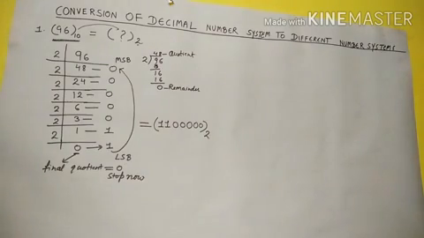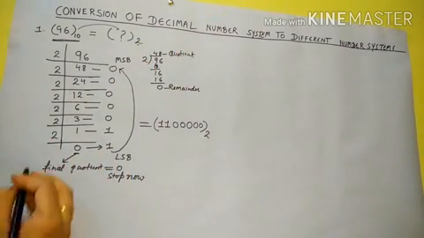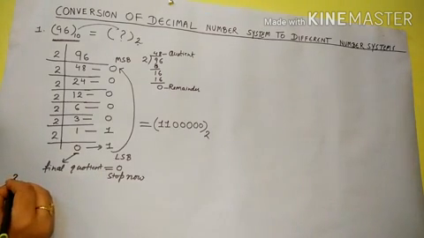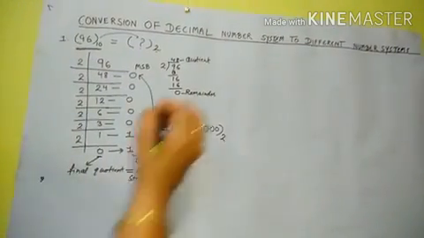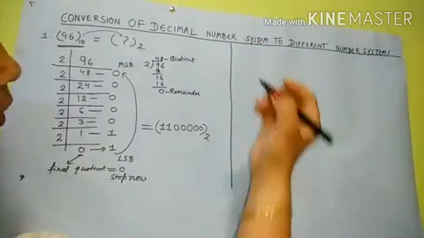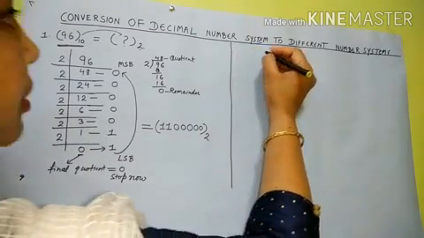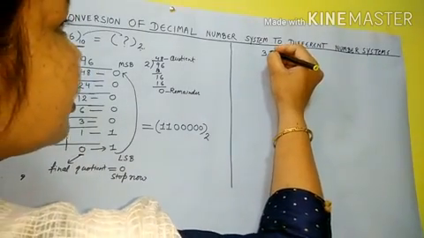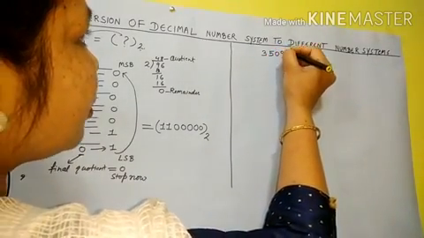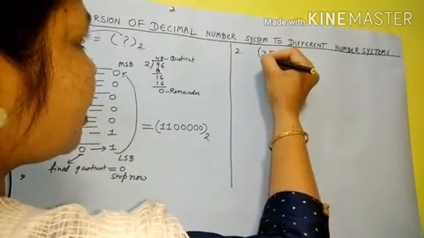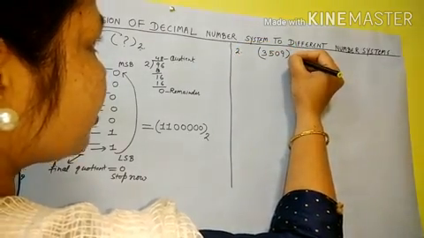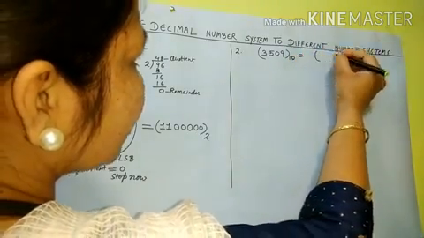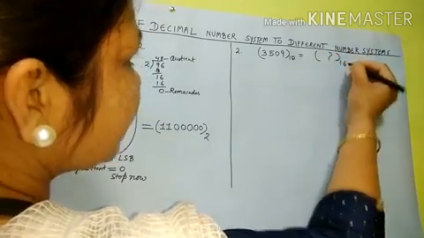Let's start with another number system. I'm giving you the example here. Question number 2, I'll write here so that it will be visible to you. I had noted down the question because it will be easier for me also. It's 3509 to the base 10, and we want the hexadecimal equivalent. Base is 16.